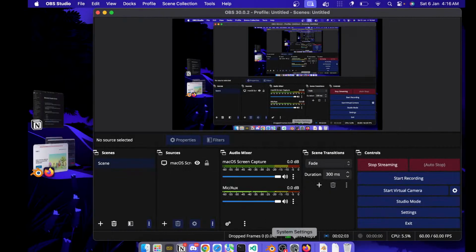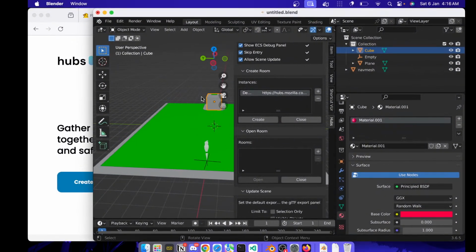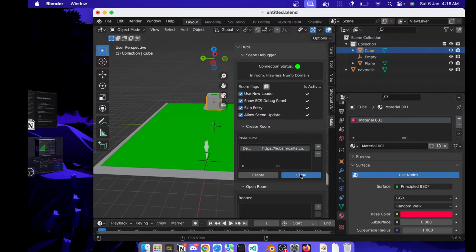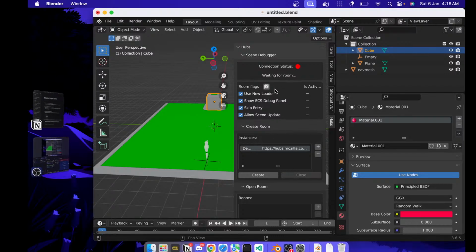So all right guys, we have finally signed in. Now we can close the instance that was for this room and we will create a new instance,